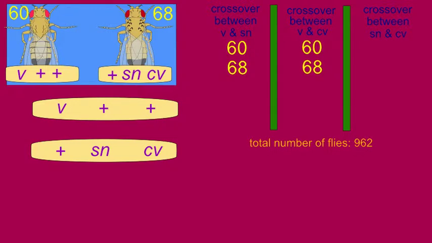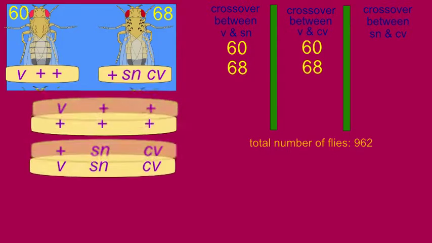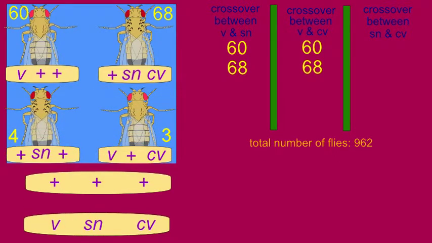There are 68 of these, and they were created when there was a crossover event between vermilion and the other two phenotypes. And so this number 68 will also be added to those columns where there is a crossover event involving vermilion. The male flies which possess the singed phenotype or which possess the vermilion cross-veinless phenotype are similar in